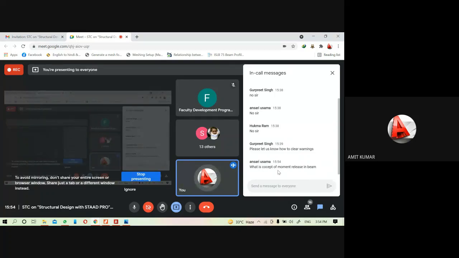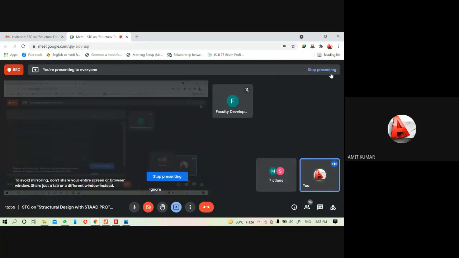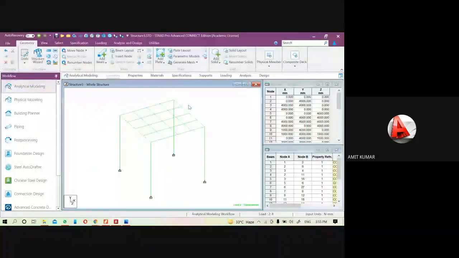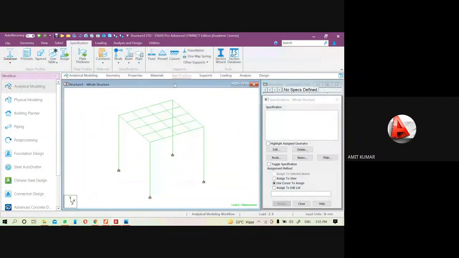Yeah. So for the moment release, you have to provide the point where to release them. It can be released through the specification option. Just going to show you. Come to the analytical modeling. Then under the property tab, here is the specification option.